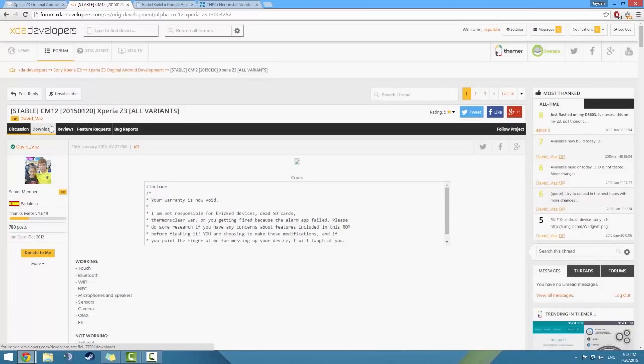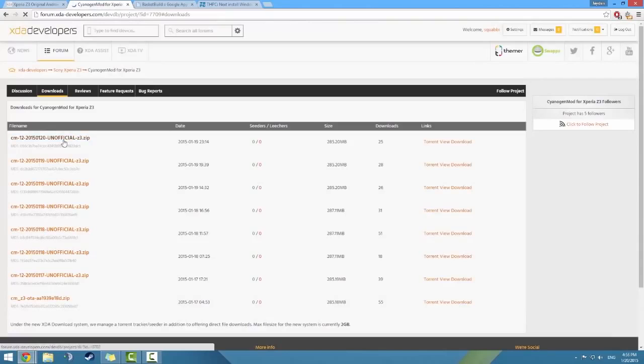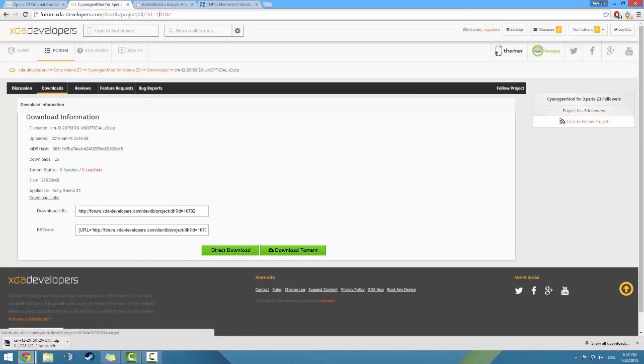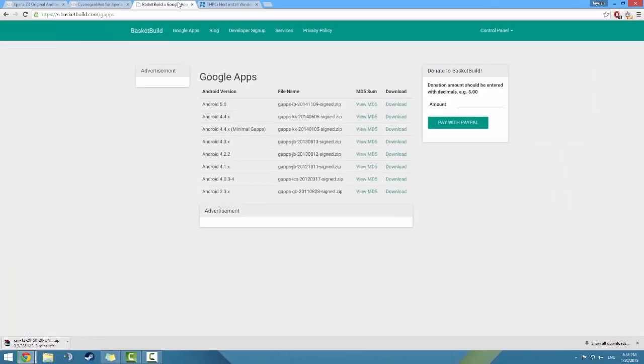So head over to this link and you can go in the downloads tab, and you'll find the download, which is the latest one, 15th 20, so latest one. Just click on that and go ahead and direct download that. And apart from this, you'll also need Google Apps, because he hasn't specified that they're in there, but I believe it can't be, so it's like a separate package. So we'll just go ahead to